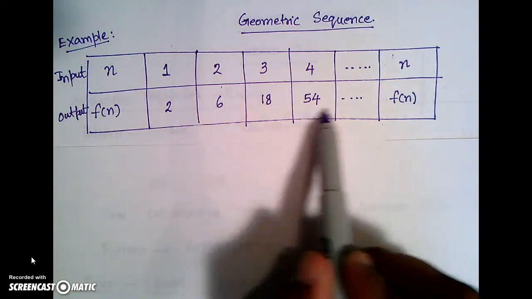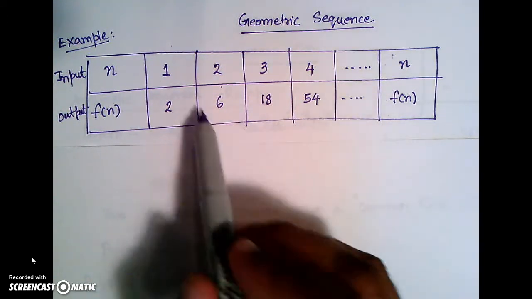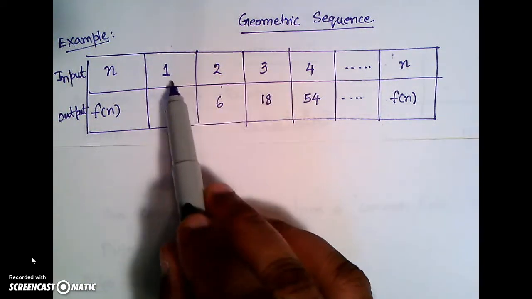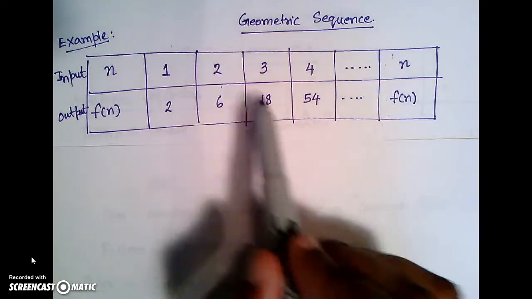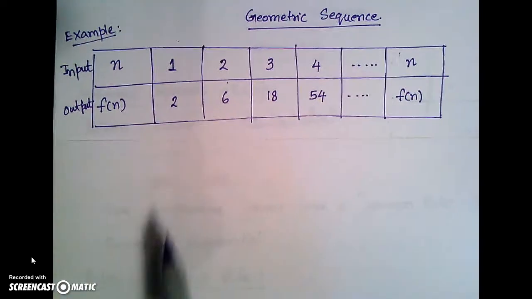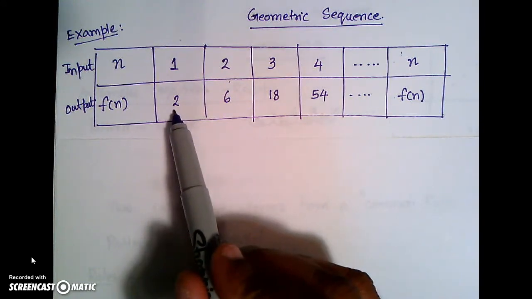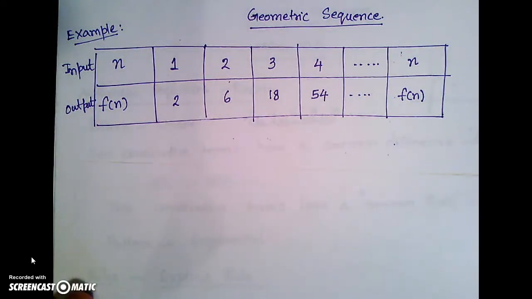So this is my actual sequence, 2, 6, 18, 54, and so on and so forth. And this is my term position. This is my first term, second term, third term, and fourth term, and this is my nth term. So in my geometric sequence, first we need to identify what the pattern is. So if I look at the sequence itself, which is 2,